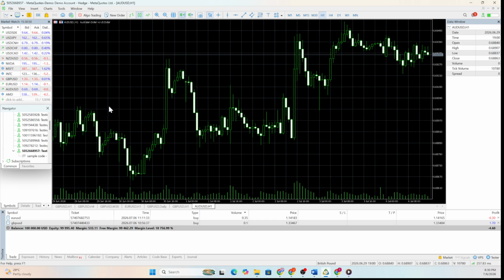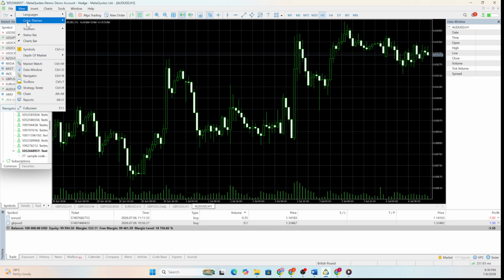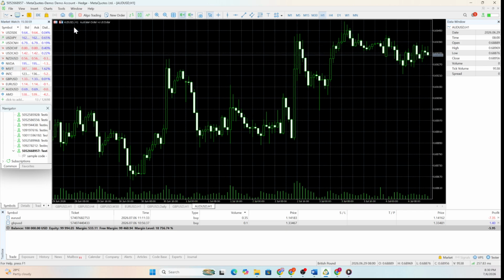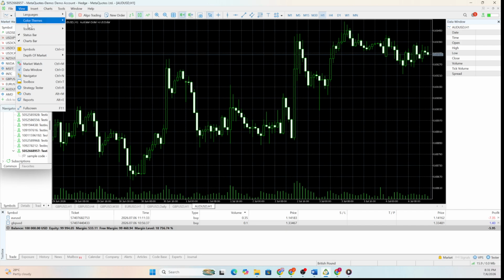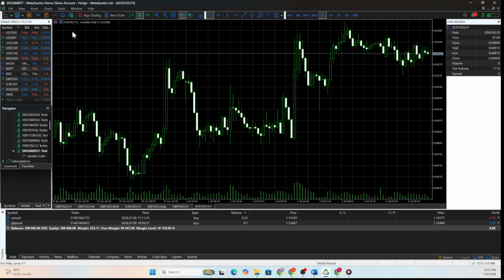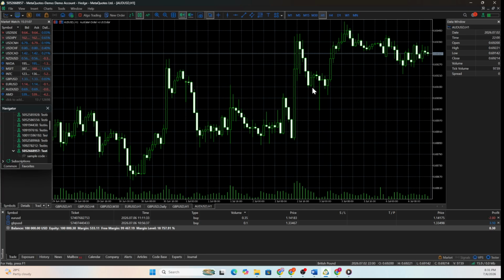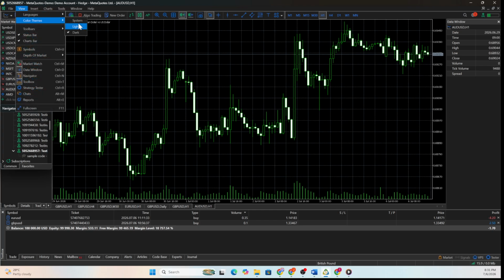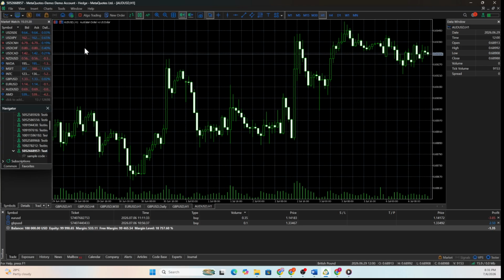If you ever want to switch back and forth between the available appearance options, simply return to the View menu and make another selection. The change is made directly from the Color Themes menu, so you don't need to go anywhere else in the platform. As long as you're on the main MetaTrader 5 screen, you can access this option at any time. Just remember the path. Click View, select Color Themes, and then choose either Dark or System depending on the appearance you want to use. If you change your mind later, you can repeat the same steps and select the other